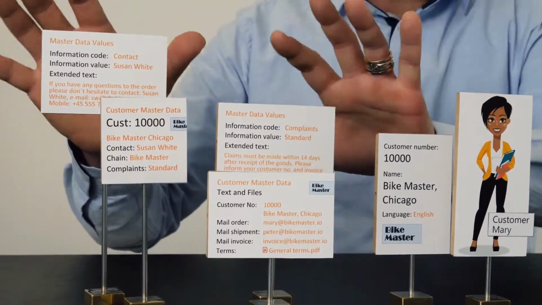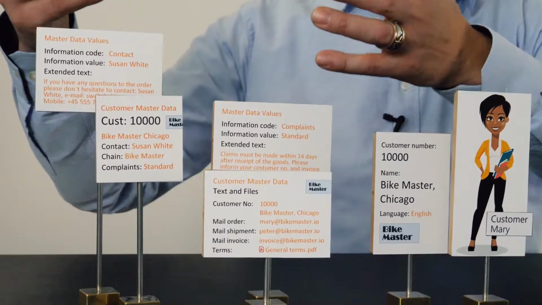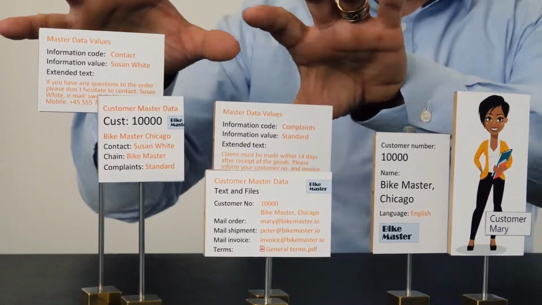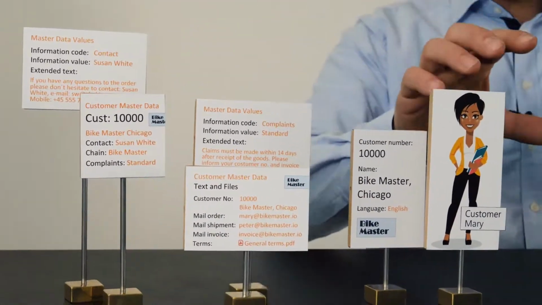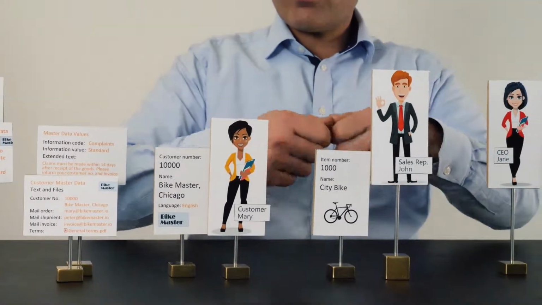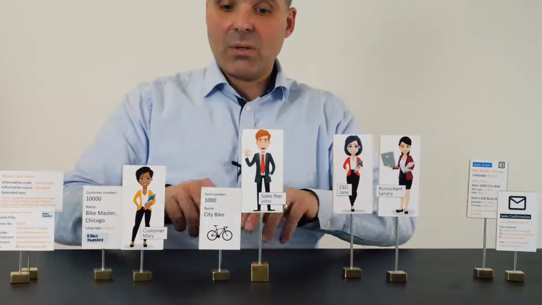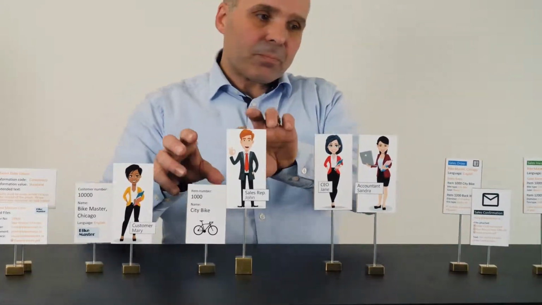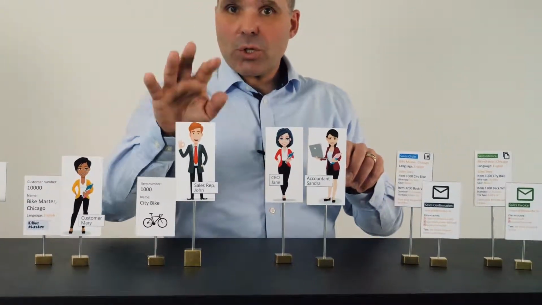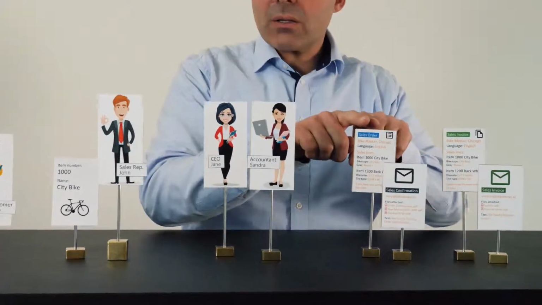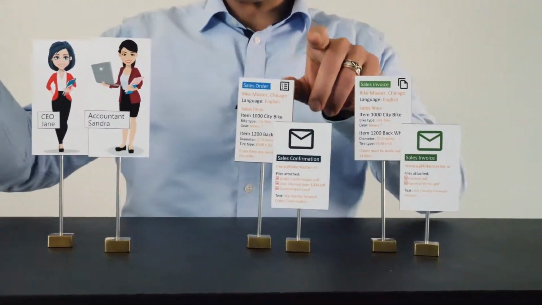So it's very flexible to define whatever text you like and as much as you like on the metadata on customers and likewise on items. So if you want on the sales order, sales document lines to add text to the item, it's possible as well. Meaning that when John, who is our sales rep, is creating a sales order, those information will automatically be